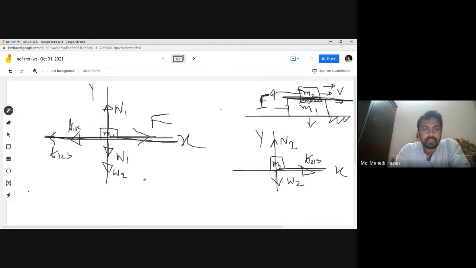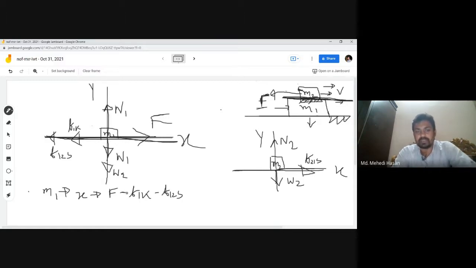ওকে, so then you have to follow the Newton's second law. So for M1 অবজেক্টের জন্য যদি আমরা কনসিডার করি, x এর দিকে নেট ফোর্স উইল বি F minus F1k minus F12s. So here F is positive because it's acting along the positive x-axis, and F1k is negative and F12s is negative. Okay, so you can take this positive negative either considering the motion অর কনসিডারিং দ্য অ্যাক্সিস।